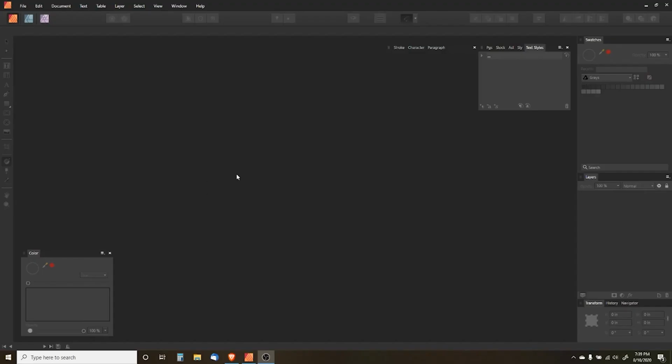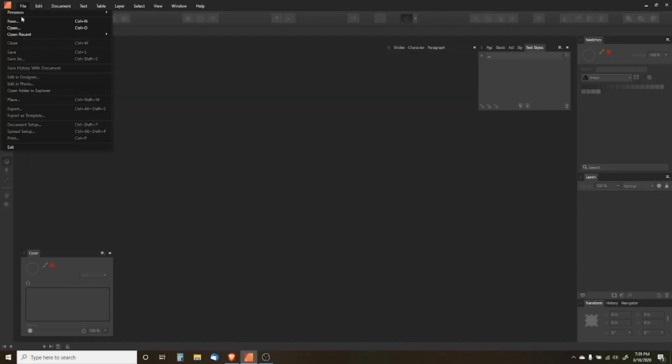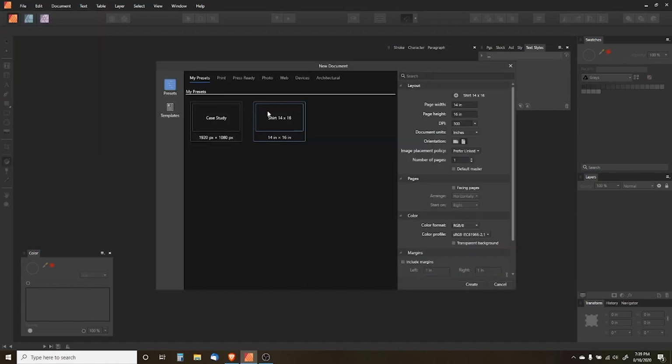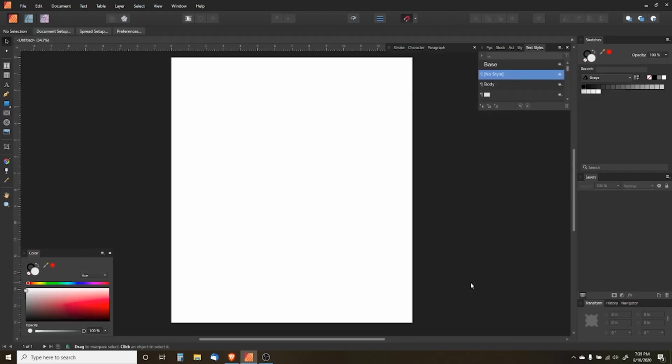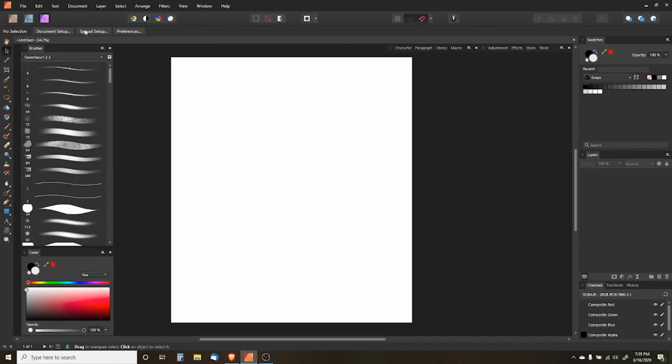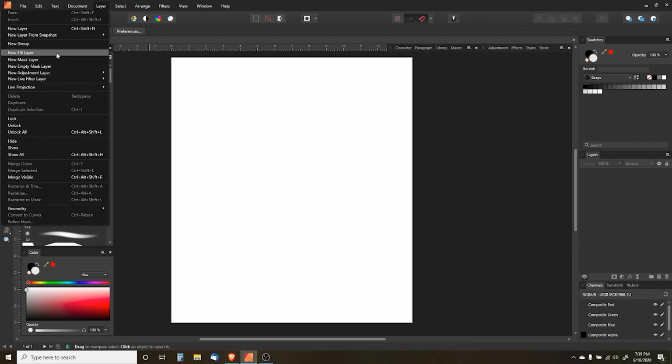Okay, so let's get started. We're going to go ahead and create our bootleg design in Affinity. I'm going to create a new document. It's going to be 14 inches by 16 inches at 300 dpi, which is your standard DPI for any sort of high resolution artwork. That just basically means we're packing in 300 pixels per inch versus the internet, which is